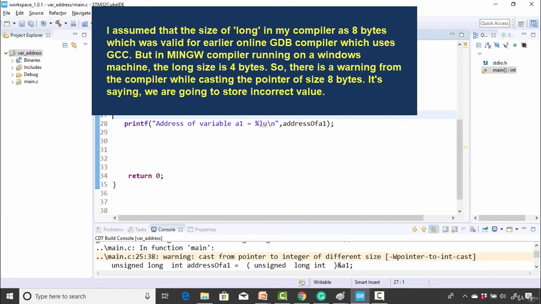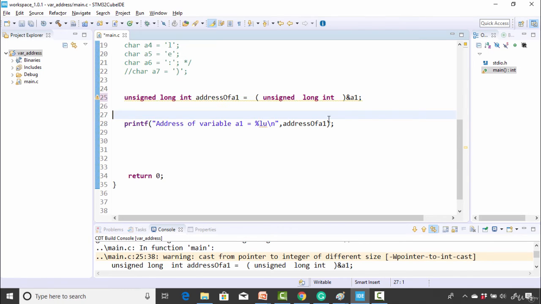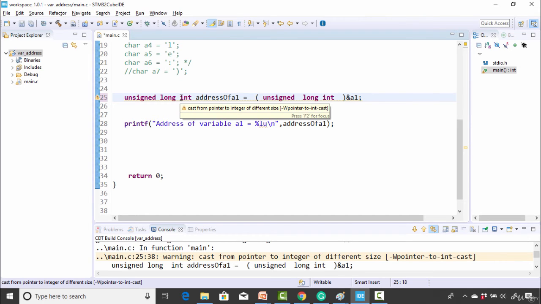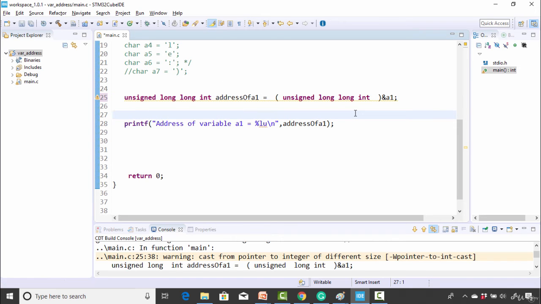The size of the data type int is 4 bytes, and the size of the long data type is also 4 bytes for this compiler. That's the reason the compiler is saying that. So this is actually pointer data of 8 bytes, and you are trying to truncate that by using long int. So what we have to do here is use long long int.